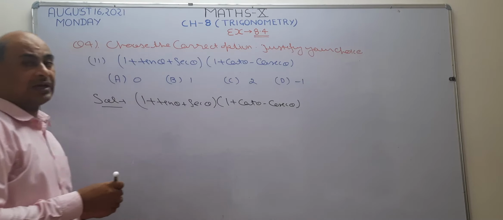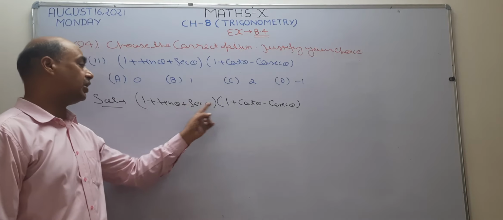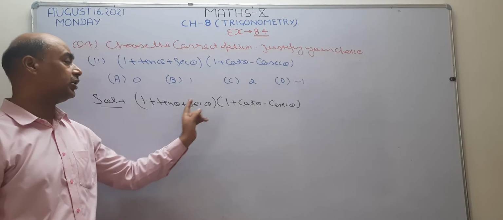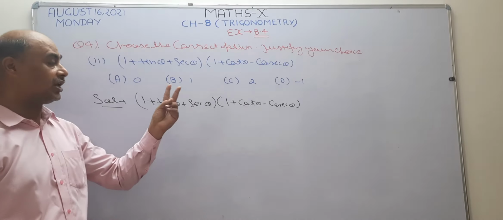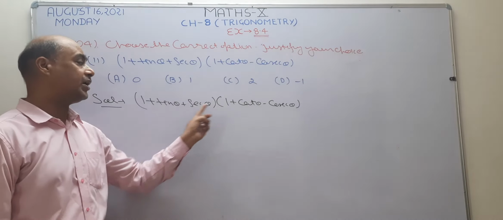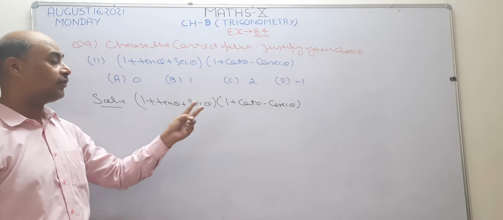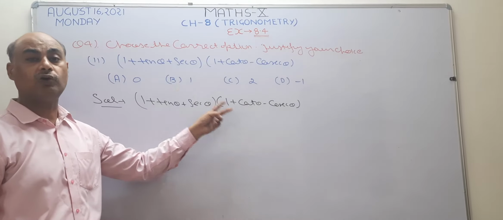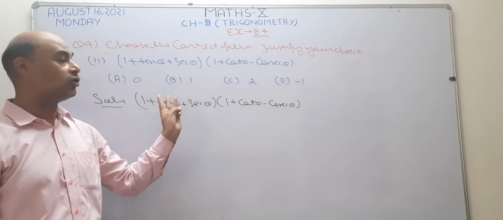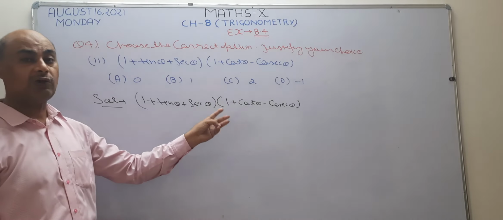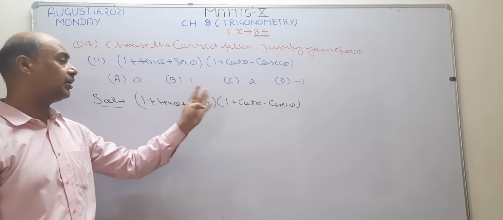Okay, I want to tell you the simple method to solve these questions. First, if a square is there, use an identity. If a square is not there, then convert the whole question in terms of sin and cos. Okay, second step. When we are not going to use an identity, then we are going to convert every trigonometry ratio in terms of sin and cos. After converting, third step is we are going to take the LCM. If we are not able to take the LCM of the trigonometry ratios, then we are going to rationalize. Okay, rationalize the given terms.